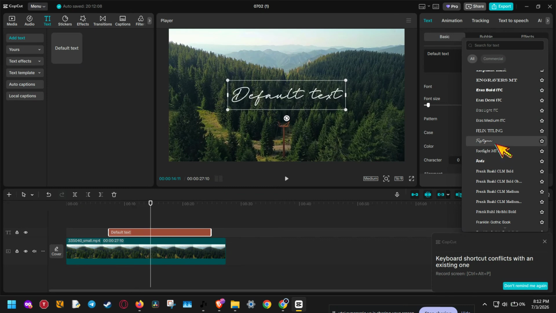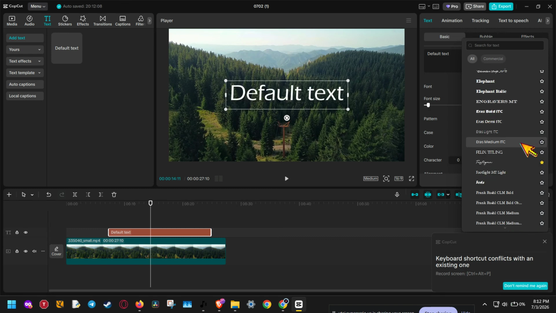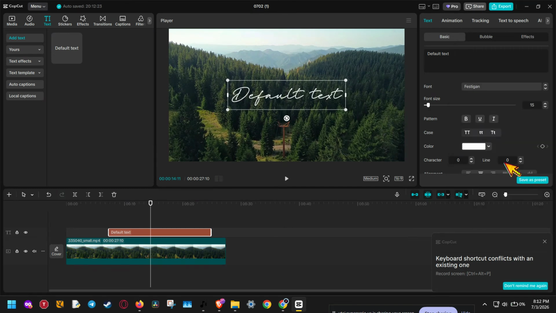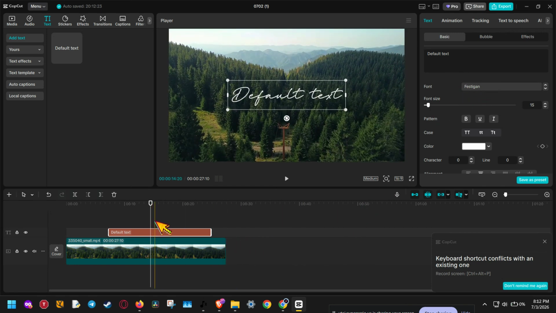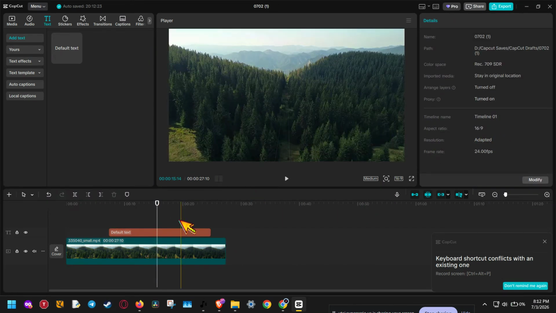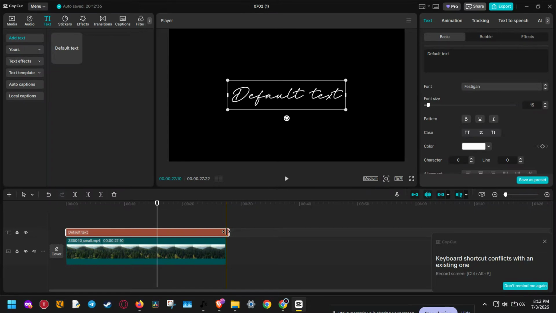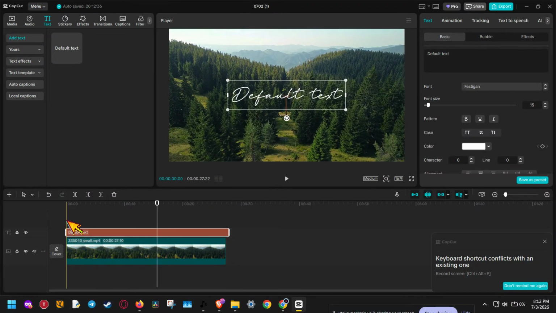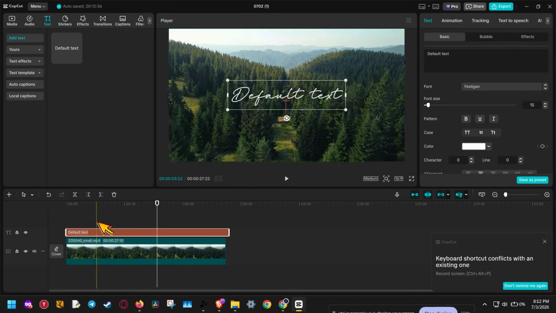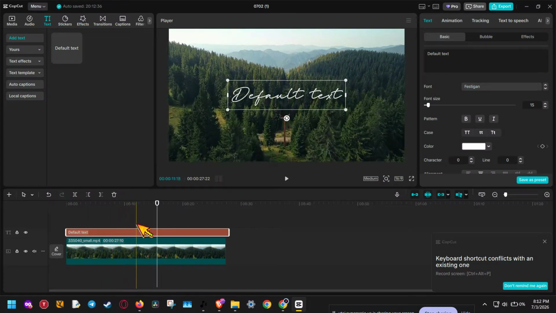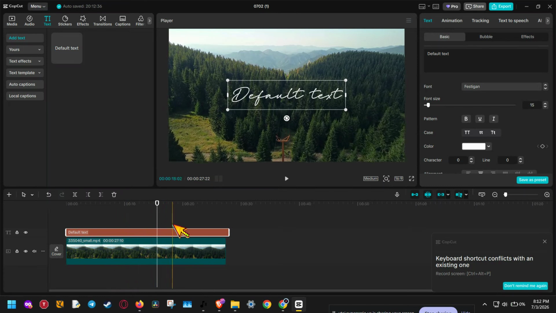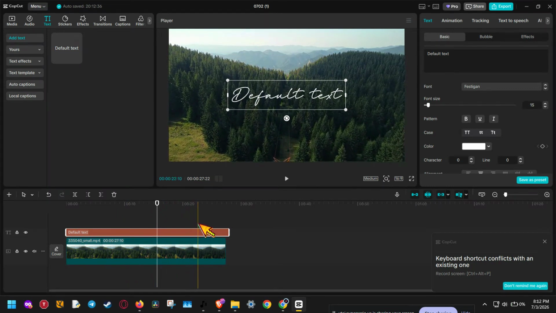Click the font drop down and either scroll through the list or use the built-in search bar to type the exact name of the font you downloaded from Dafont. When you see it, click to apply it to your text. If everything was installed correctly, your Dafont font should now be active inside CapCut and ready to use in your project. From there, you can adjust the size, spacing, color, outline, shadow, and animation just like any other text style in CapCut. This is a great way to make your captions, titles, and overlays stand out more and match your